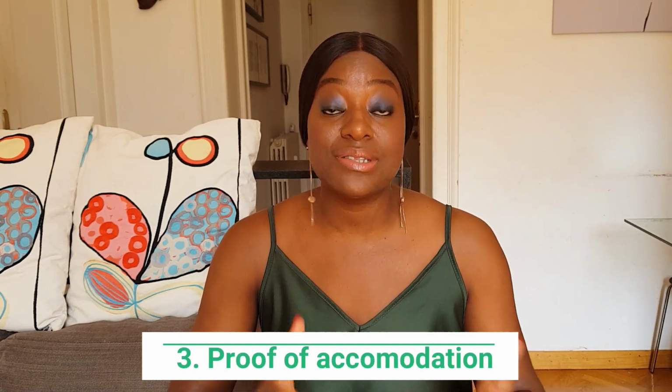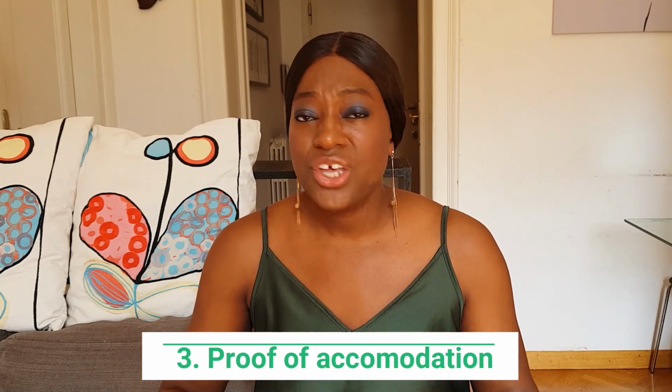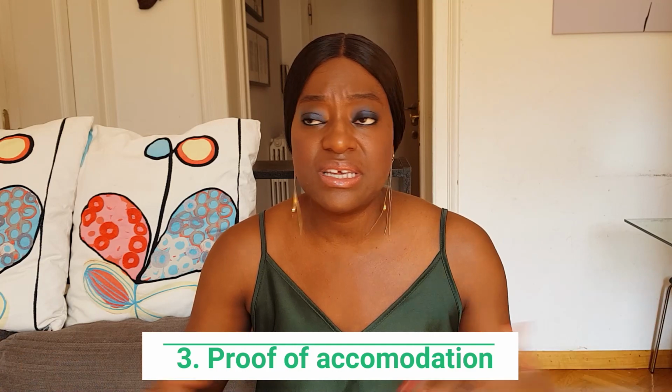Number 3 is proof of accommodation. So are you going to be staying at a hotel? If you are, then you need to show reservations at that hotel for the amount of time that you're going to be staying in that country. You can do this with any travel agency, with any of the travel websites that we have, Booking.com, TripAdvisor. You can do it directly with the hotel, but you need something that shows that you're going to be staying